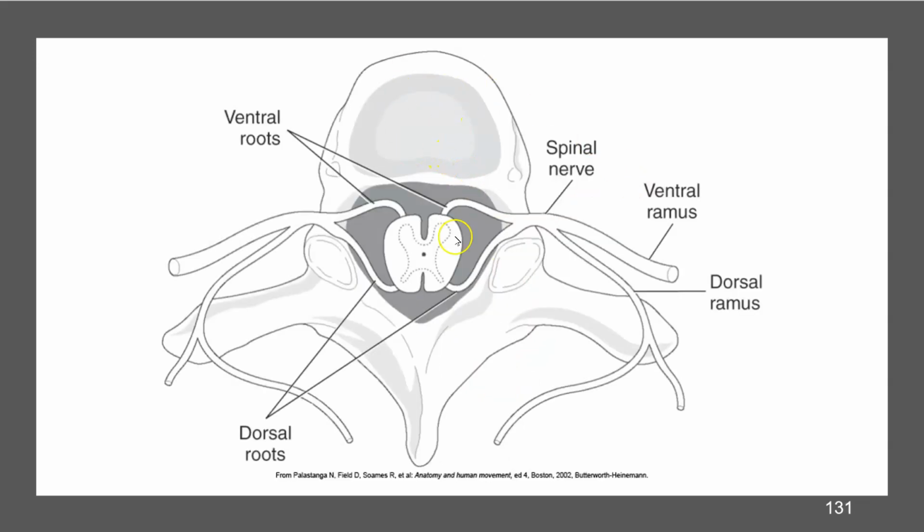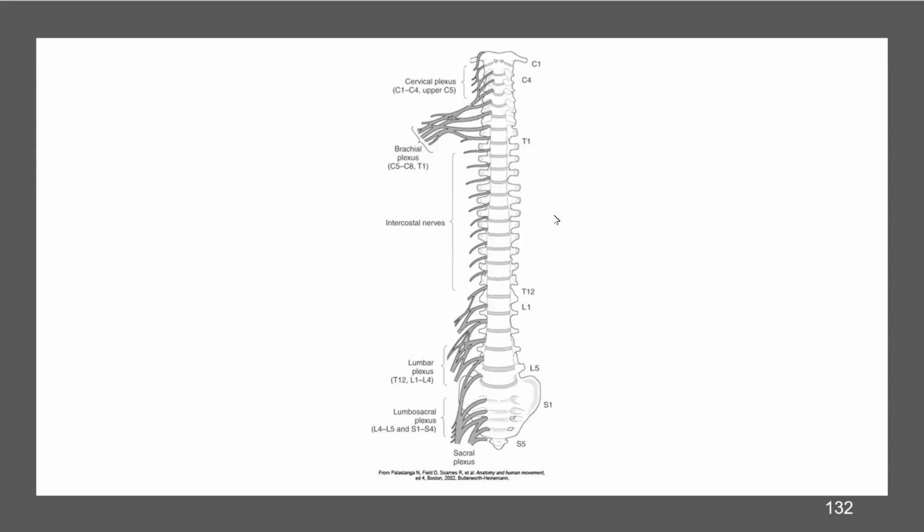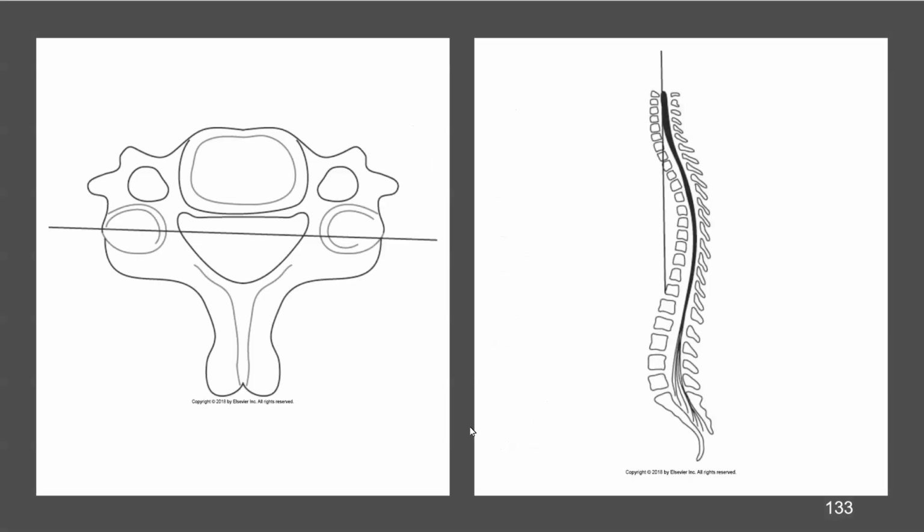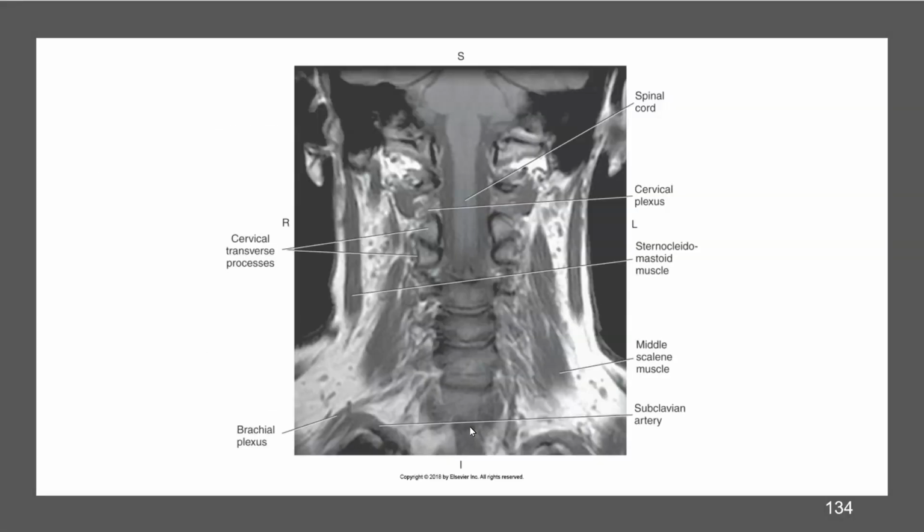Looking here, here's the body, and you have your gray matter, your white matter. Here's your ventral root, your dorsal root come together for your spinal nerve, okay? So you have your brachial plexus, you have a lumbar plexus, and a lumbosacral plexus. All right, so here's your spinal cord coming down, and you've got your cervical plexus right here, sternocleidomastoid